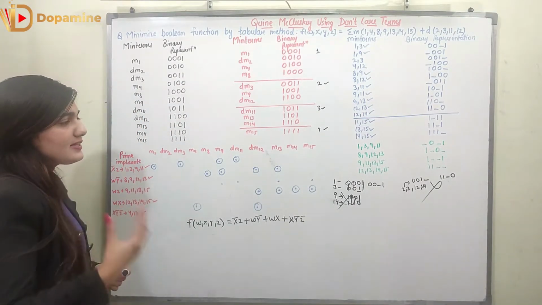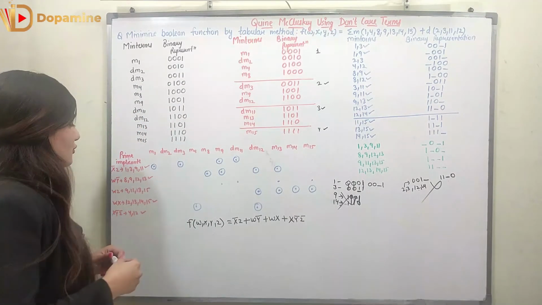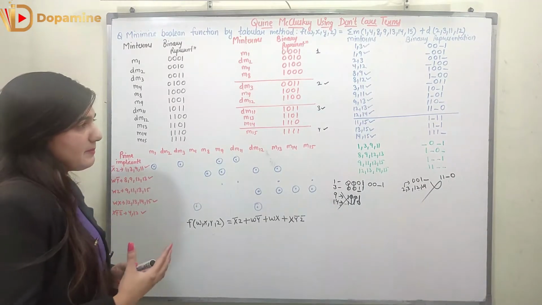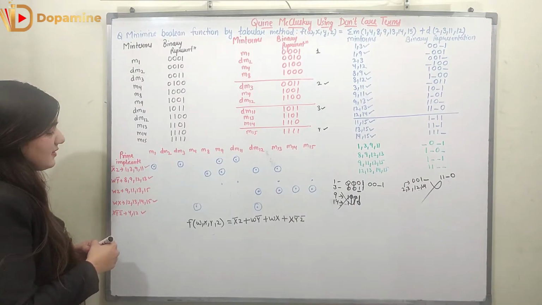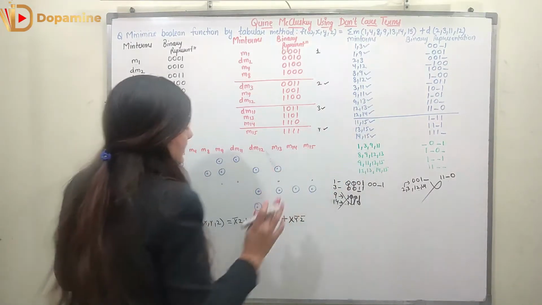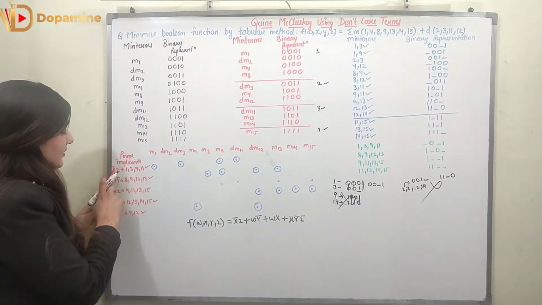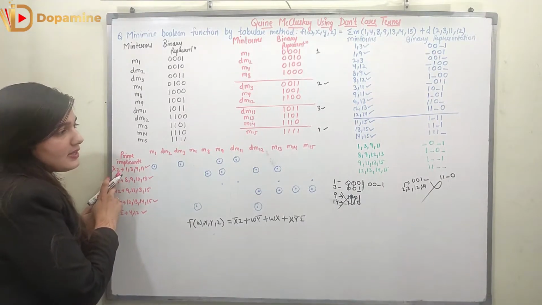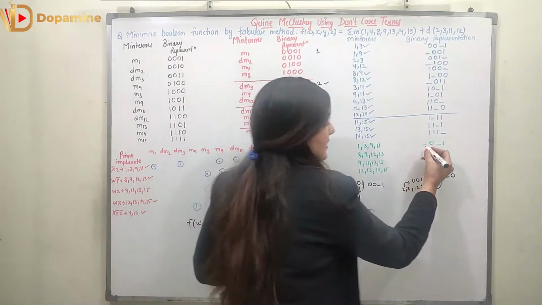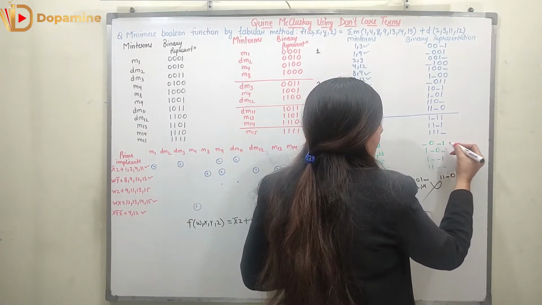So now let's represent all of them. So we can have the various prime implicants. What are the various prime implicants? First prime implicant is represented as 1, 3, 9 and 11. 1, 3, 9 and 11 is representing the prime implicant x dash z. Right? So 1, 3, 9 and 11 is representing dash 0 dash 1.